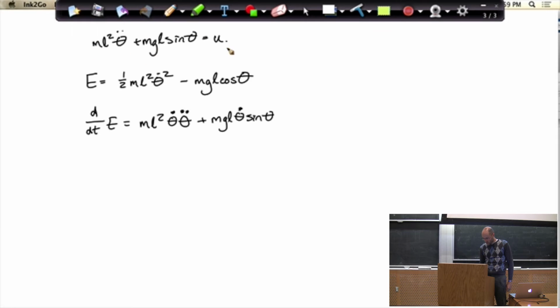We're going to drop our dynamics into this equation. In fact, I know that ml squared theta double dot equals this, right? So I'm going to go ahead and write this down as theta dot. I'm going to substitute ml squared theta double dot for this here. That's minus mgl sine theta. Right, that's this, ml squared theta double dot became this. And then plus, and I'll write it in the same way just to